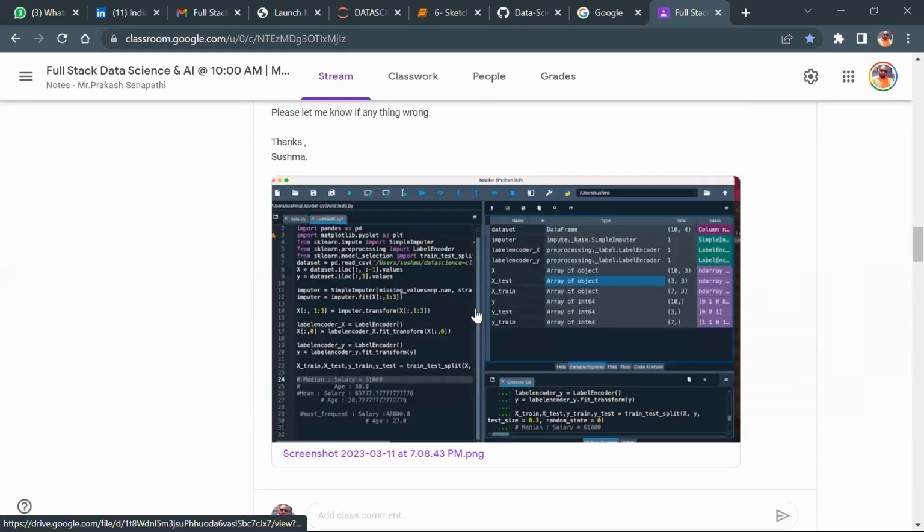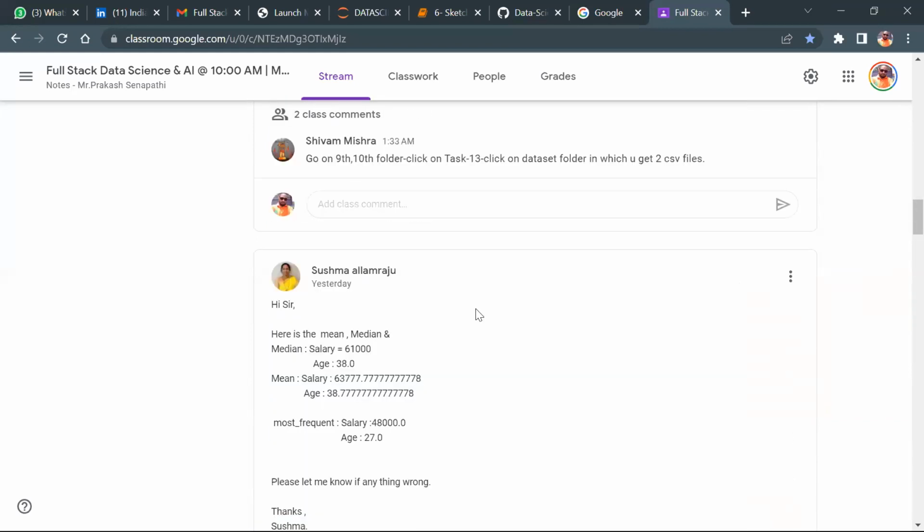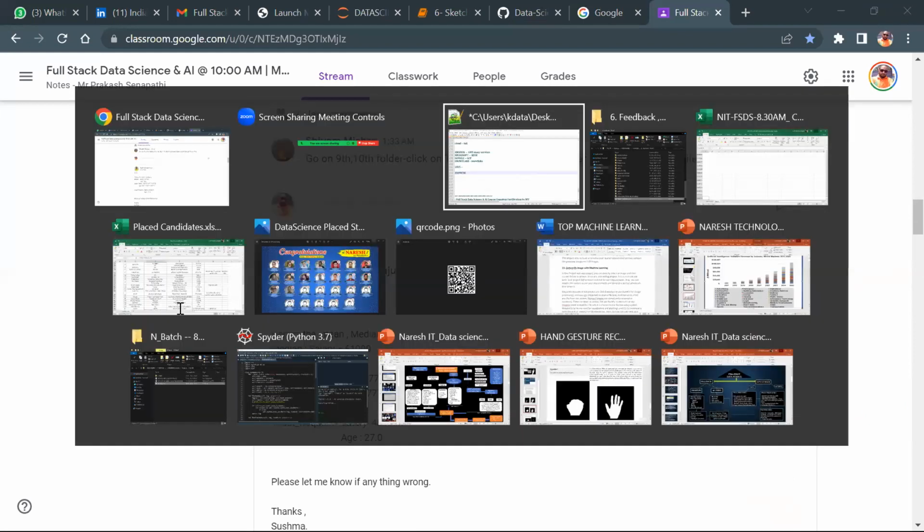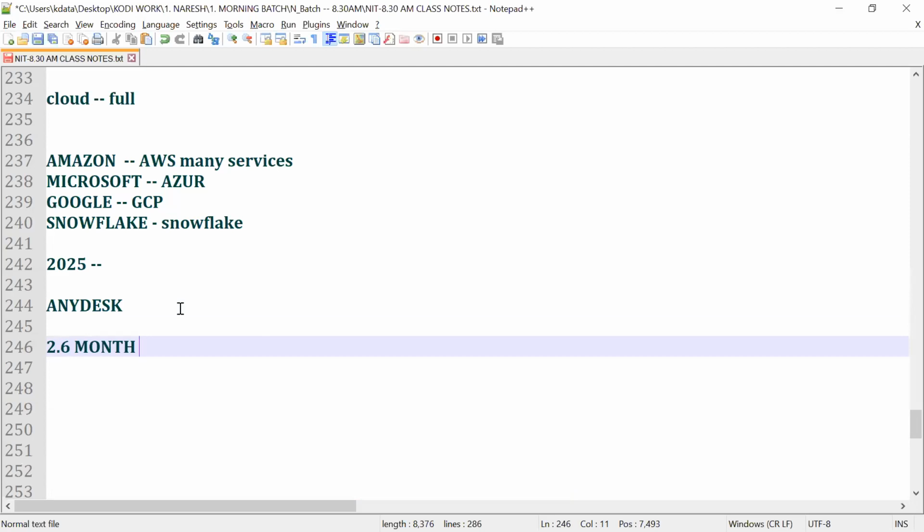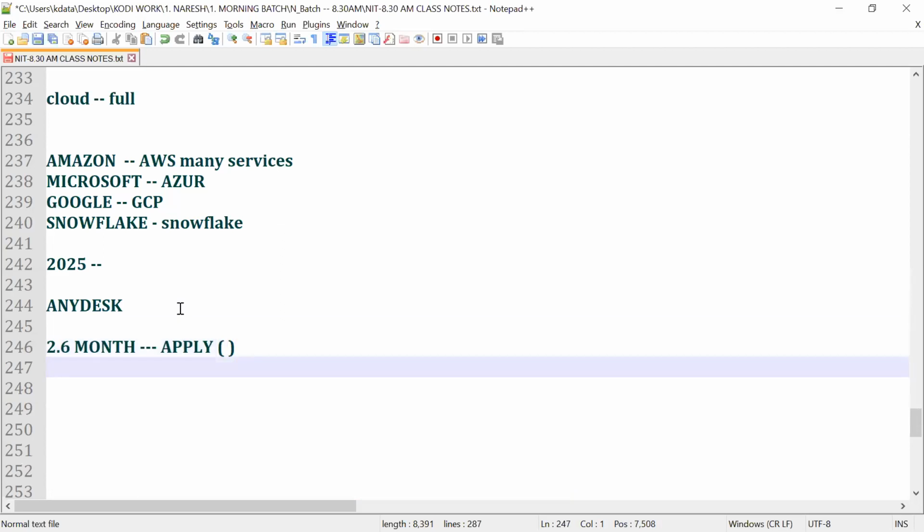You post your error. The session goes on for 4.5 months. And as I said on Friday, in 2.5 months I will give you a resume and you will apply. If you do not get interview calls, I'm here, you can ask me, and I will change the projects, guys. Understand, team? By the time this batch completes, you will have a minimum of 3 offers. Trust me, guys. Every batch, 10 students will come. If you ask, they know because they attend the practice. A lot of students were placed, and I'll introduce them to you as well. 3 offers will come. I hope you understand.